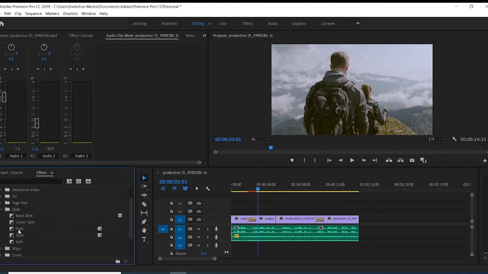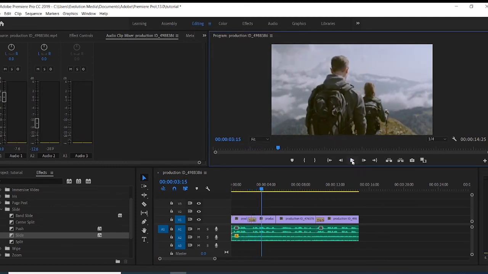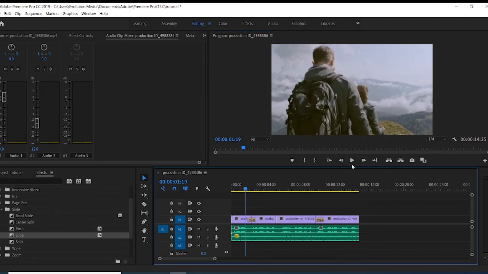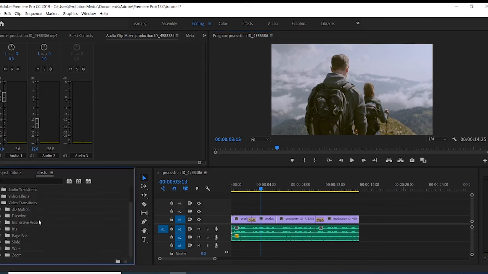Maybe you want a slide. Let's go for a slide here. Let's use it to replace this one. You see, that's what we have. But this slide is actually most appropriate when you have two different videos. This one is sliding and still we have the same video. It's not actually suitable. So we want to use a slide that is suitable. Let's go for 3D motion. So you just need to apply slide on different videos. I just used two main videos here.